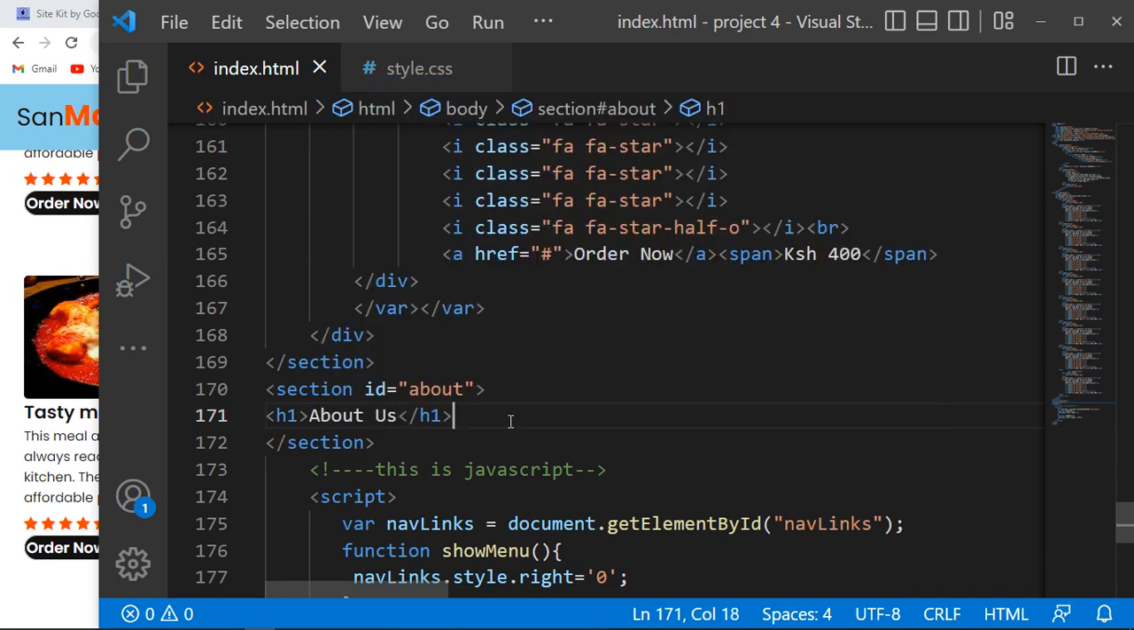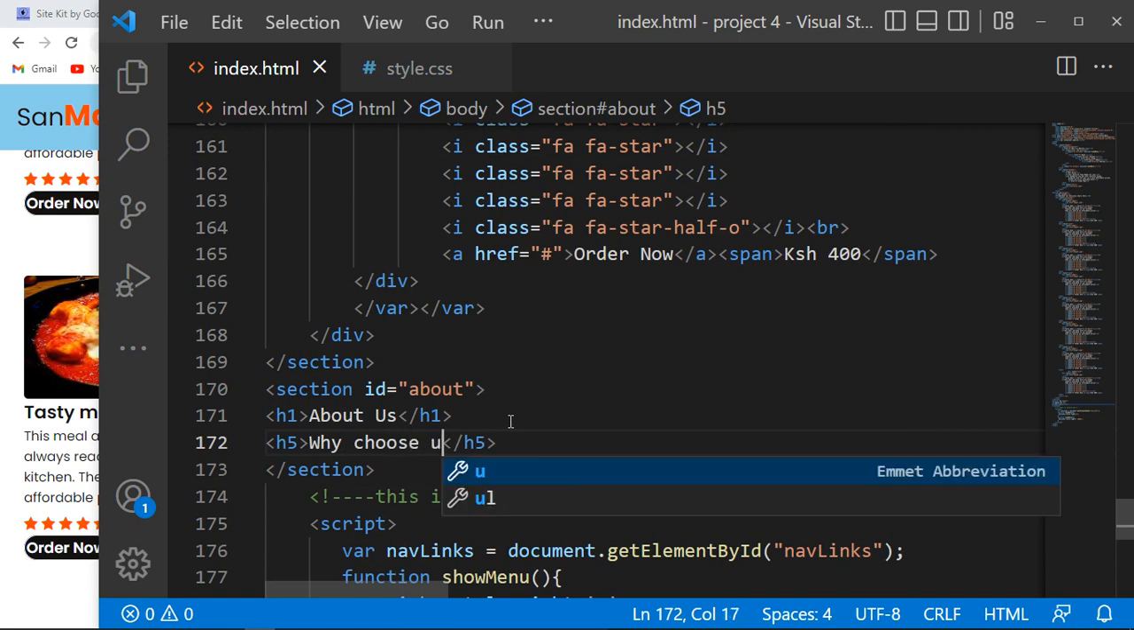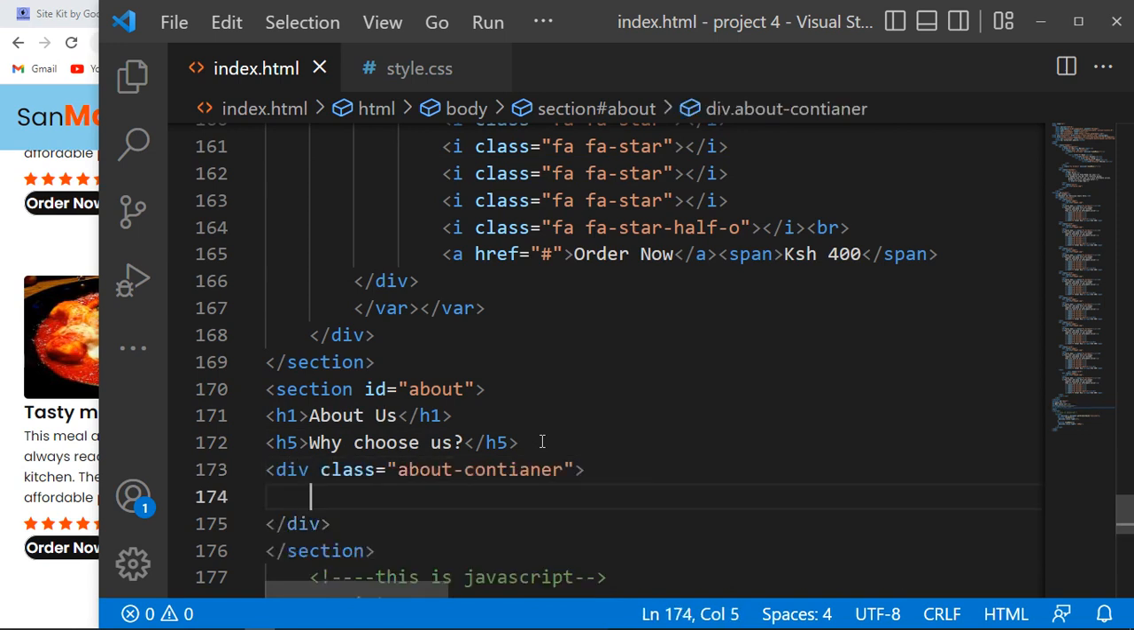Okay, now the next one is to add a heading 5. Sorry, this is heading 5, and say what chooses. Okay, it's just a question post. Then with that you'll need to add an about container, or this is just a symbol. Okay, div class. With that, the first one will be just about